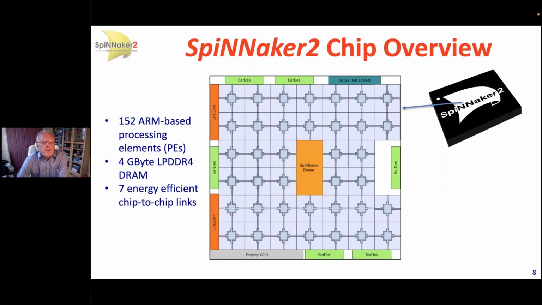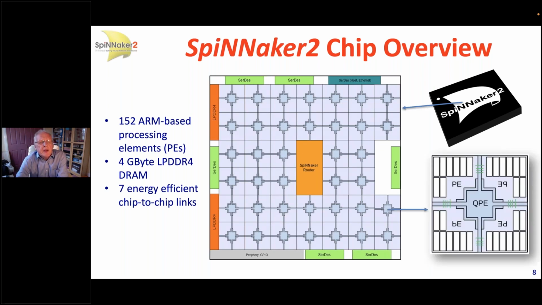Now, we've been developing a second generation system. The SpiNNaker technology offered through the HBP is now almost 20 years old, and using a more up-to-date technology, we can scale the system. And with the SpiNNaker 2 chip, which we've co-developed with the Technical University of Dresden, we can now offer 152 cores on a single chip. So that's approaching 10x. And of course, we have to scale all the other system parameters accordingly.